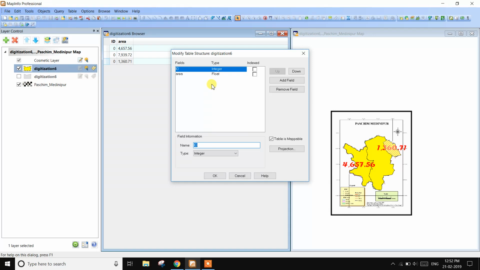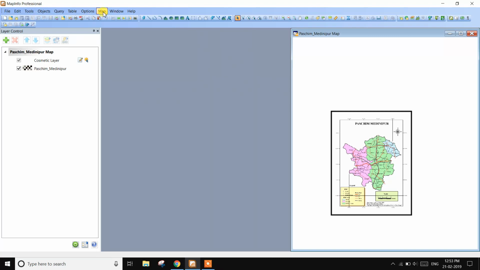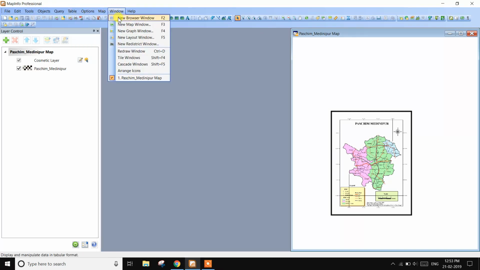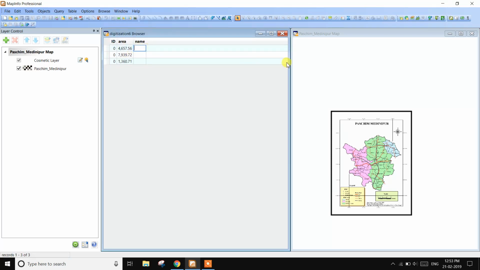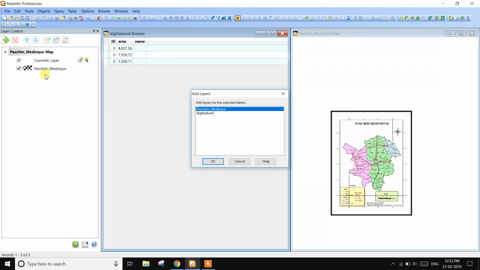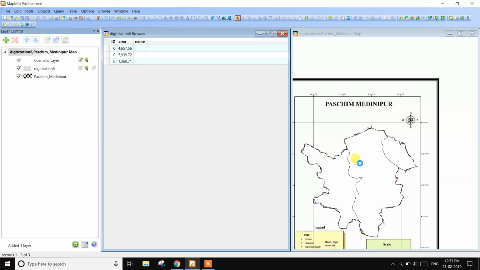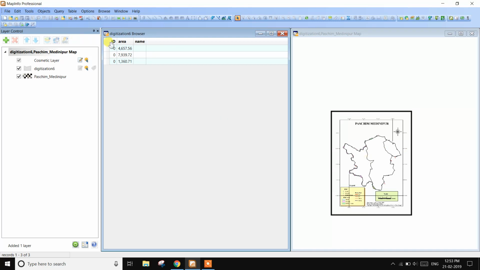In the same way, Modify Table Structure, then add a field for the name of the three municipality areas, with type Character and width 50. Then OK. Then Window, Tile Windows, and change the name.